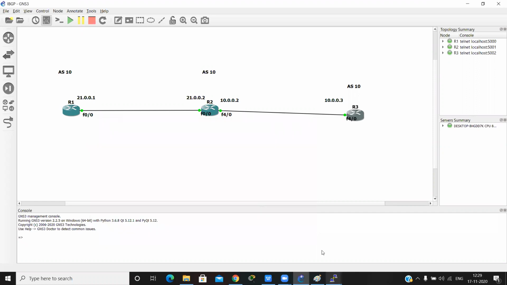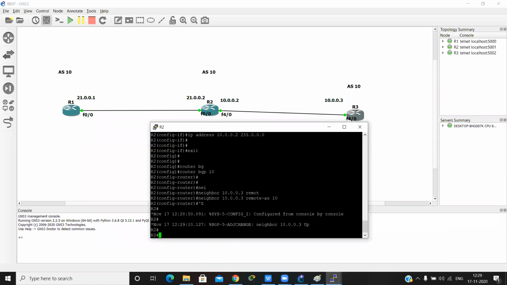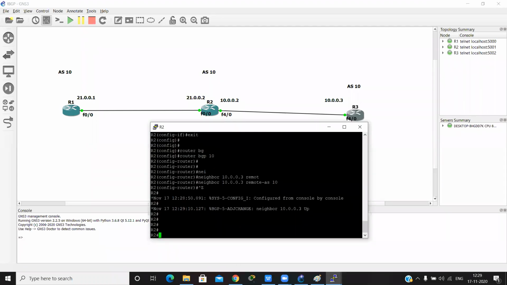On router 2, both neighborships, from router 1 and router 3, are up.